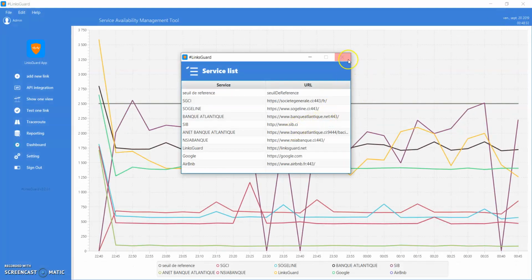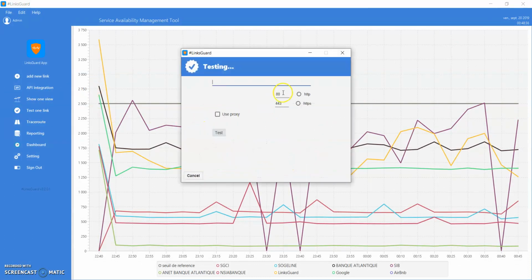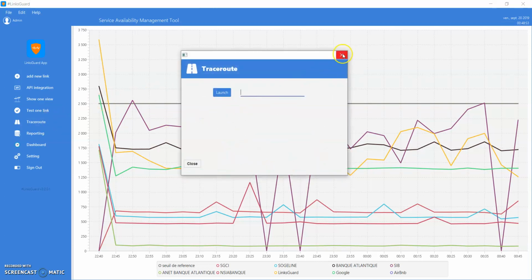Another option is that you can perform a one-shot link test on a specific link, if you want to see whether the link is available over the app or not. You can perform a traceroute, very useful for troubleshooting some issues on the links.